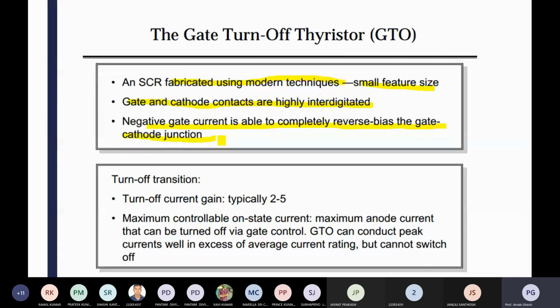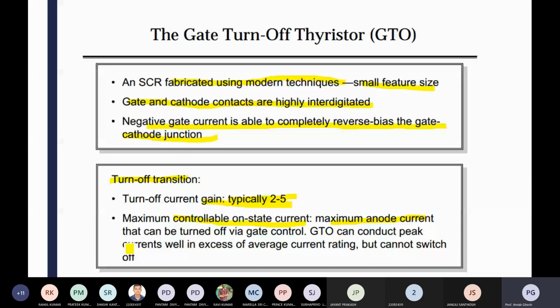So this whole SCR group has a main problem with the switching off condition. You can go for natural commutation, but if you don't have that option, maybe because you are using a DC circuit, how do you commutate? That is why an auxiliary circuit is always required for turning off the SCR. Otherwise the SCR is a very rigid and robust solid state device, because it has a very huge voltage and current capability that is not easily available with other solid state devices.